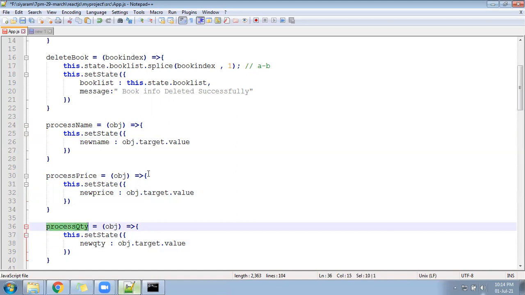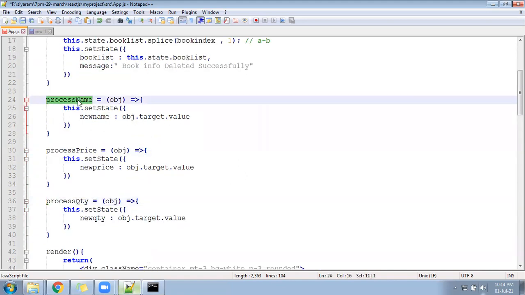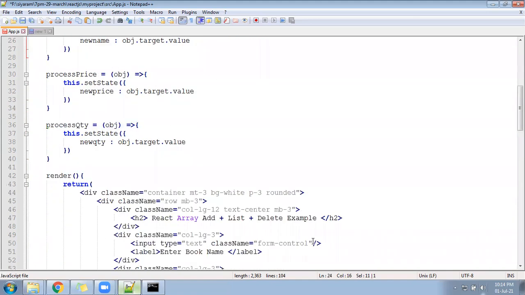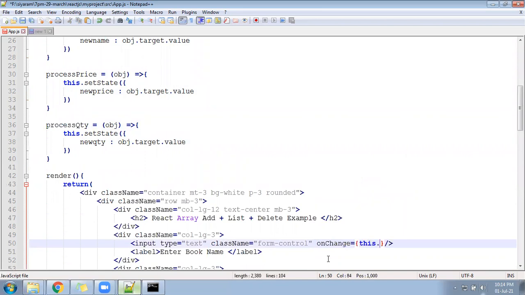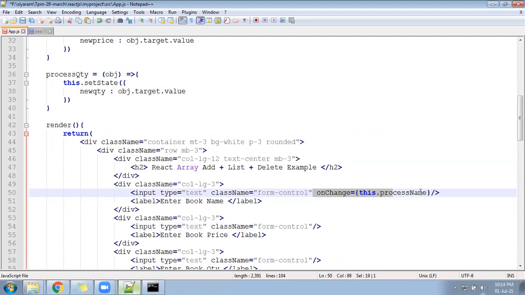Now let me call this function inside the HTML. So I'll go here and write onChange equal to this dot function name. In a similar way, I will call the function here also, and here also.